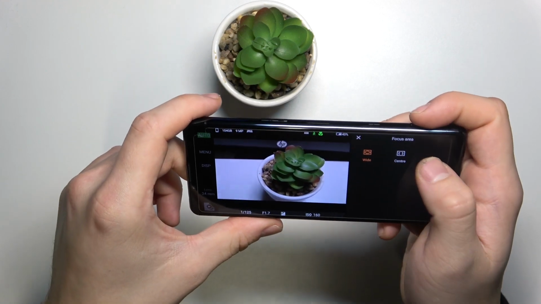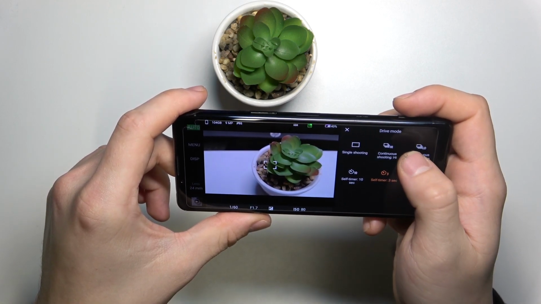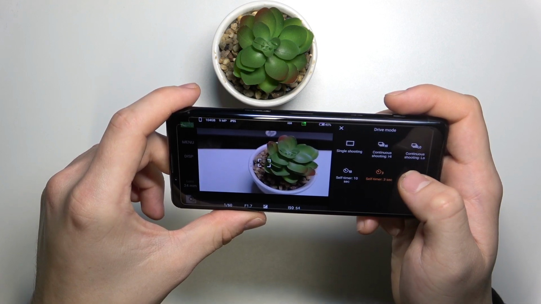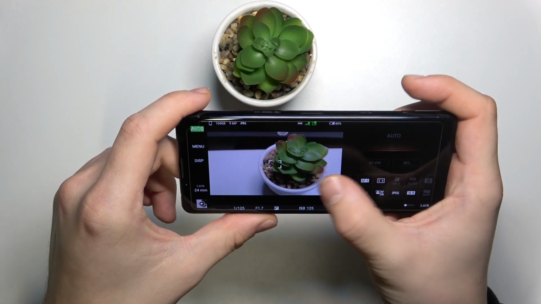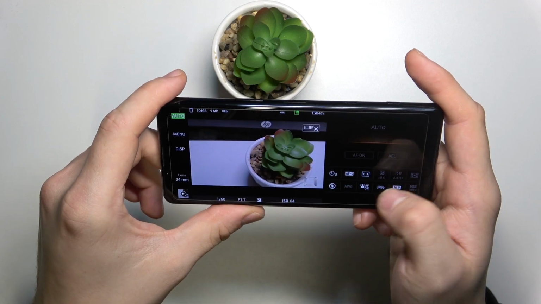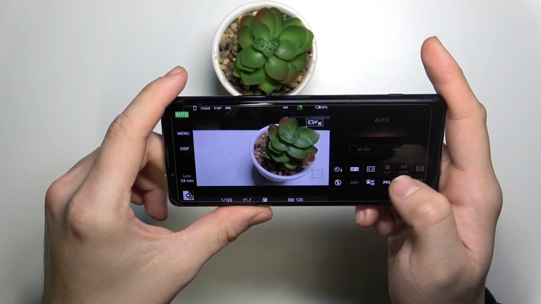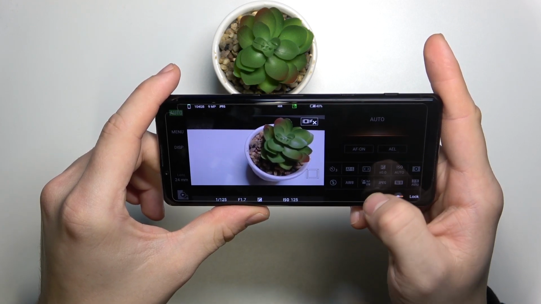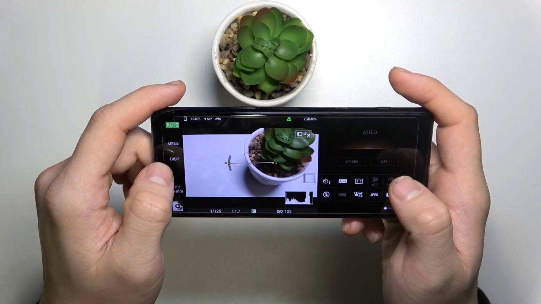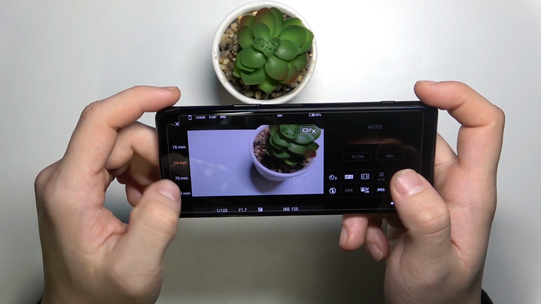For example, we can change focus area, select single shooting, continuous shooting, high or continuous shooting low, change timer, enable flashlight, change format of our photo, lock the settings, enable leveler, change lens,